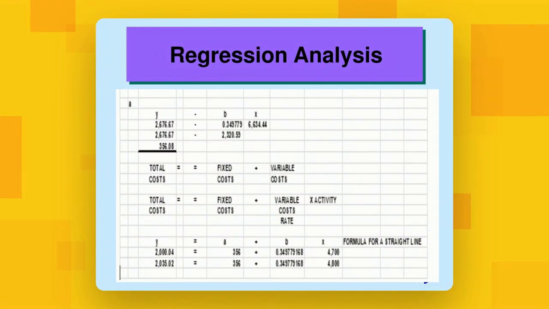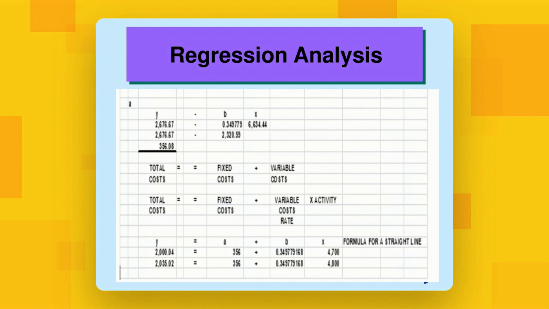Then compute na natin yung ating fixed cost, wherein total cost is equal to fixed cost plus your variable cost. Since we computed the Y average of 2676.67, and also the X average of 6634, just substitute lang, no? So I think the answer for fixed cost is